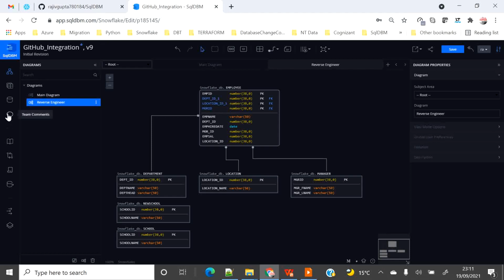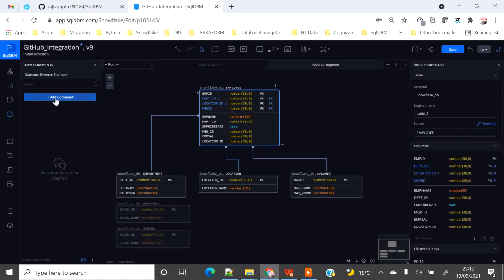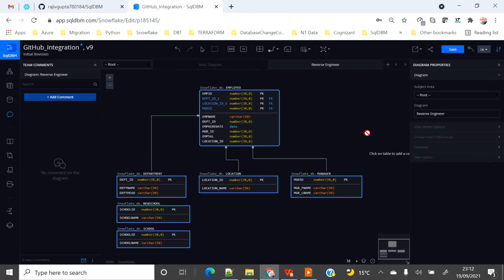SQL DBM has a very nice feature known as team comments. SQL DBM is a team collaboration tool where multiple teams can put their comments simultaneously. You can click on any object, click on team comments and then click on add comment. So I can add a comment here.